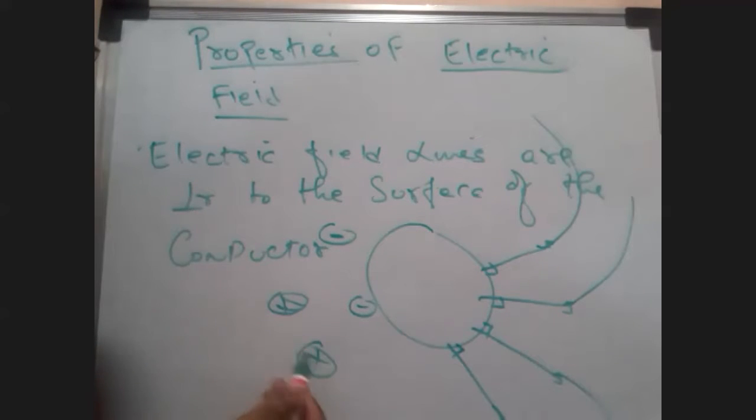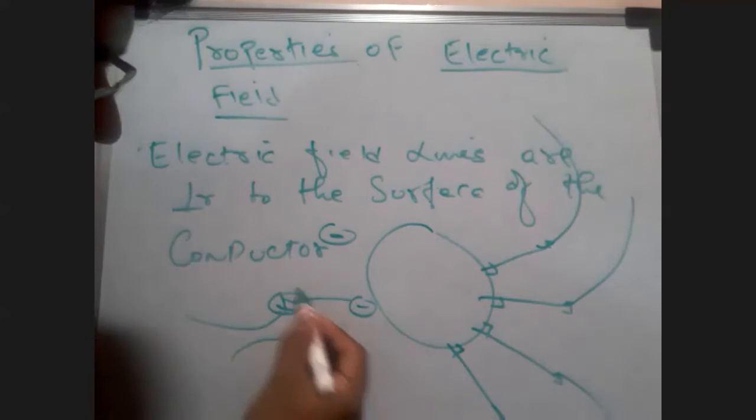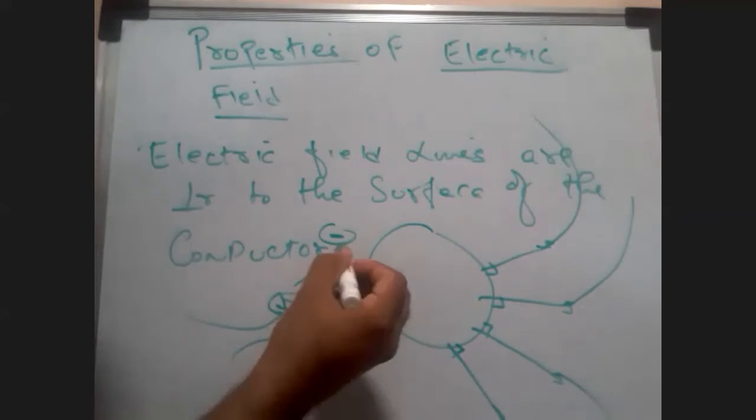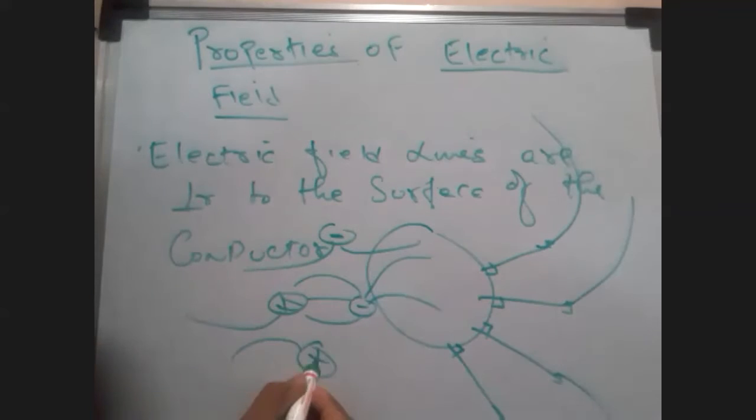The positive charges will repel, so it will bend like this. But over here, it will contract. Over here, it will repel. What will this help you with? It will help you with different types of diagrams and various questions in the exams. So these were some of the properties of electric field lines.